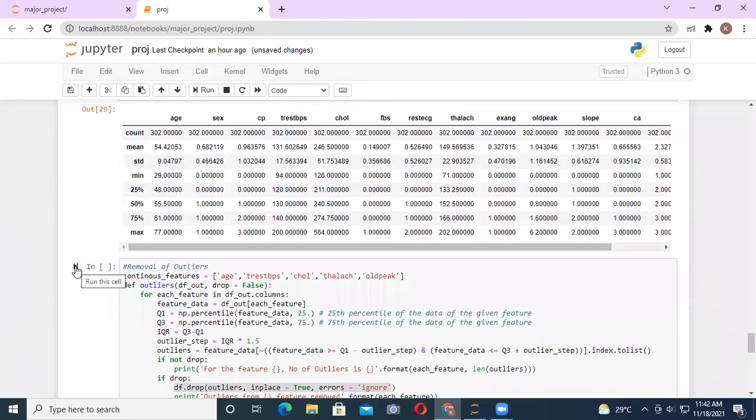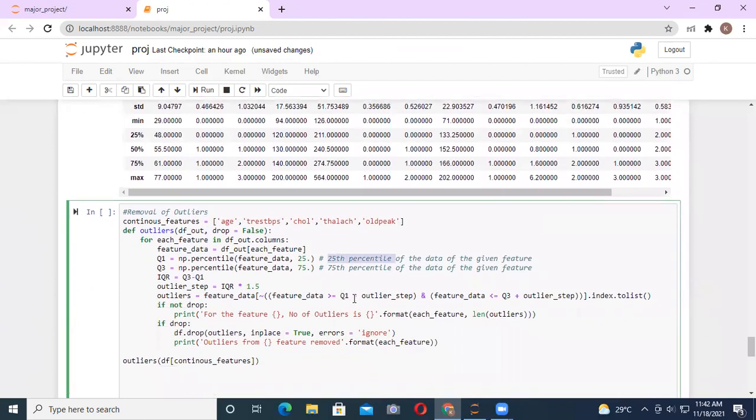For the removal of outliers, we use interquartile range. We consider all the continuous values and iterate through them and find the 25th percentile of data and the 75th percentile of data and define a particular range, Q1 minus outlier step and Q3 plus outlier step.